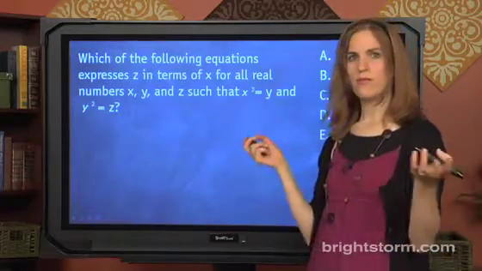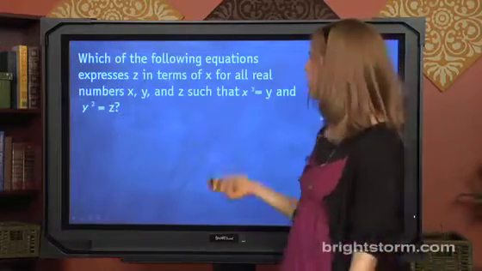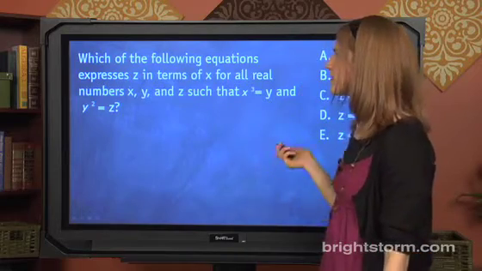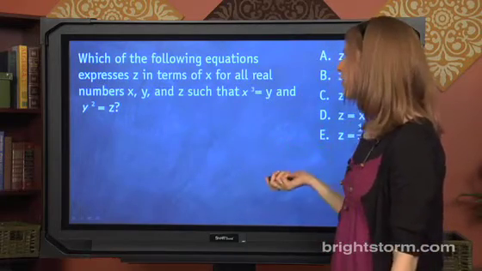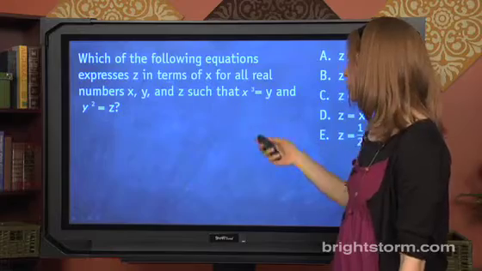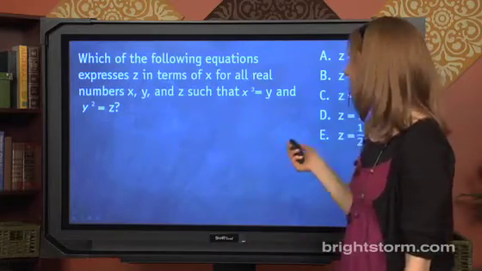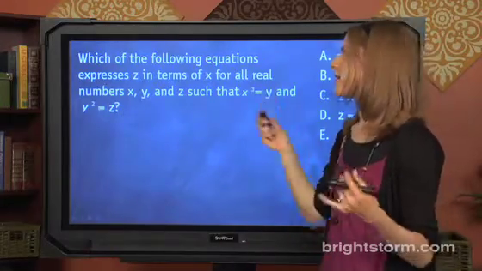Here we go. We have a problem that looks like this. Which of the following equations expresses z in terms of x for all real numbers x, y, and z such that x cubed is y and y squared is z? Students often see this and they think, oh my gosh, there's a lot of